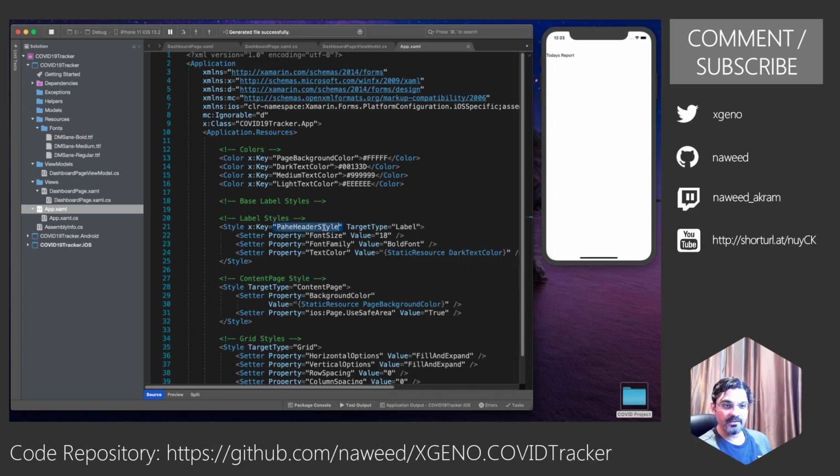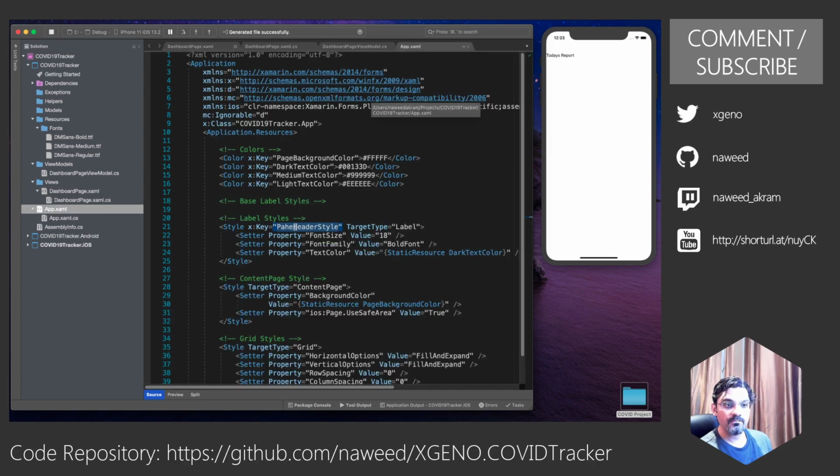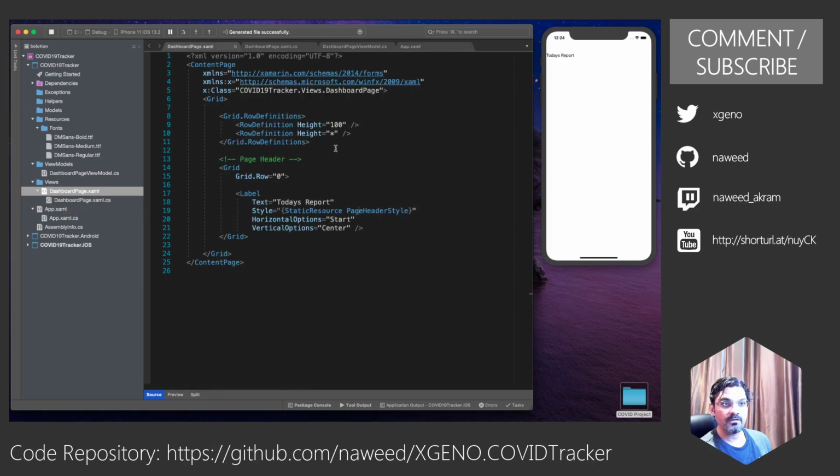Once we have defined this, I can simply go back to my page over here and I can apply the style. Static resource. Okay, we made a spelling mistake, so let's fix this. Let's also save our XAML page. Yeah, so this is what we have over here.